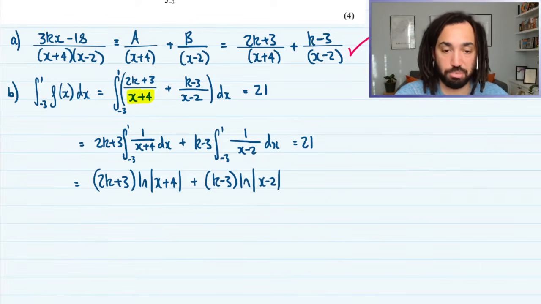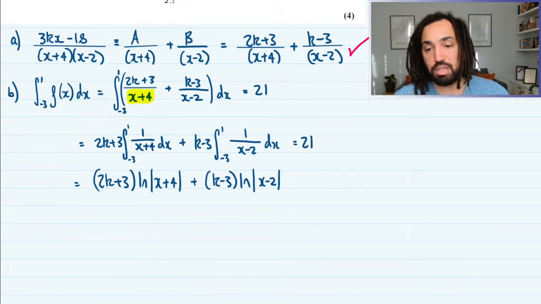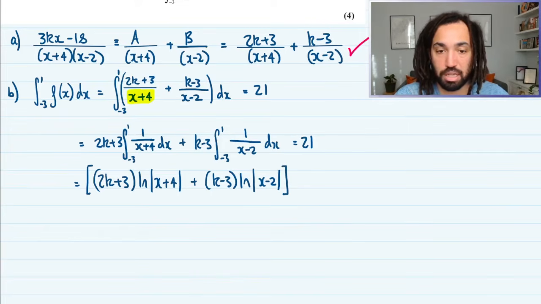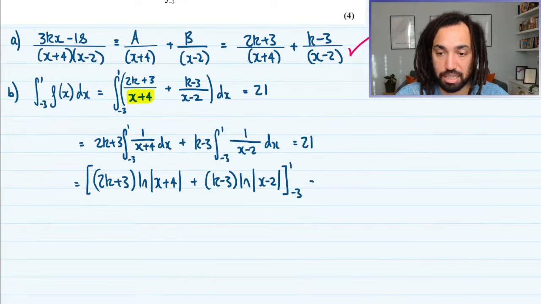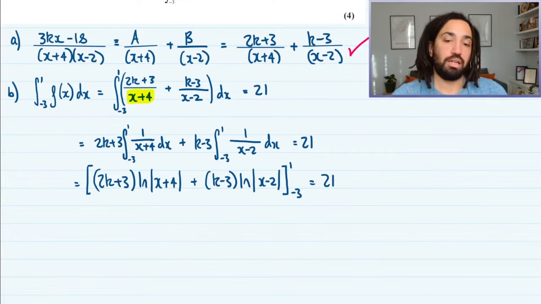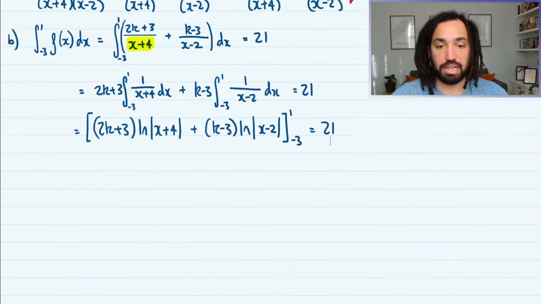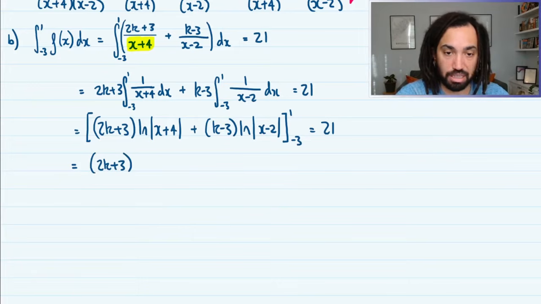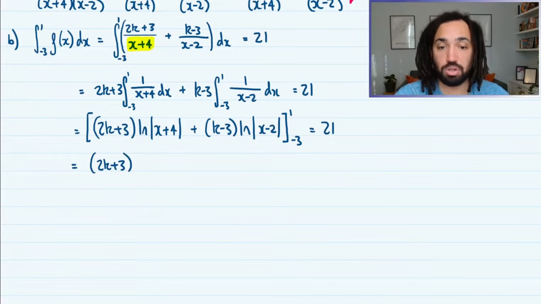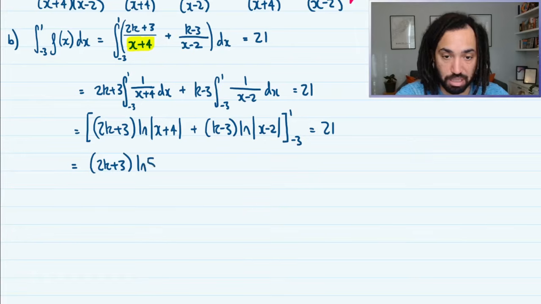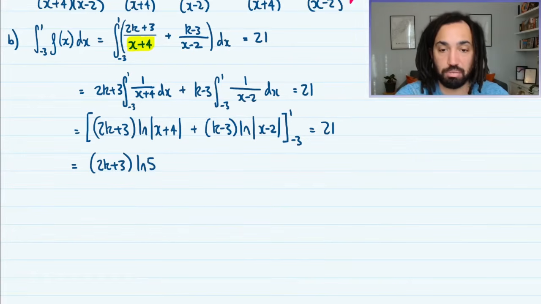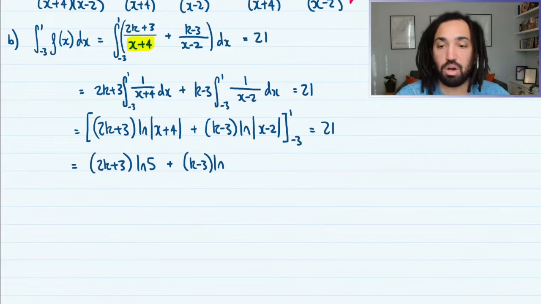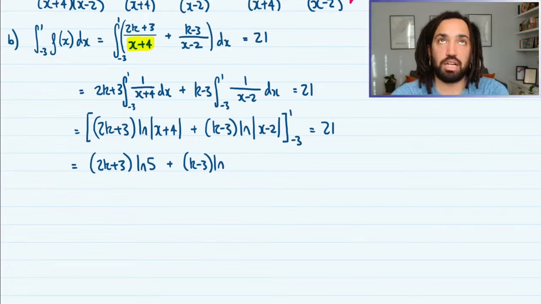And I put these modulus signs around because when we integrate lns using the ln rule, we need modulus signs around the inputs of the ln. And this is between 1 and minus 3, and that equals 21. Okay, now we're going to need to substitute in. So I'm going to say we're going to have 2k plus 3 lots of ln 5, that's when we sub in 1 over there, plus k minus 3 lots of ln of, when I sub in 1, I get